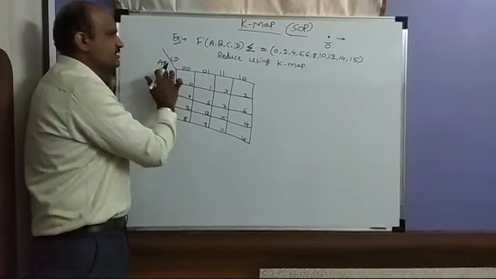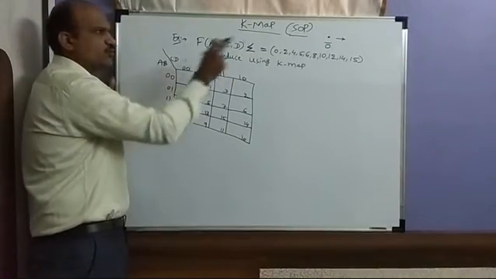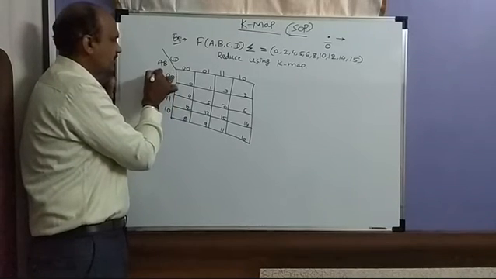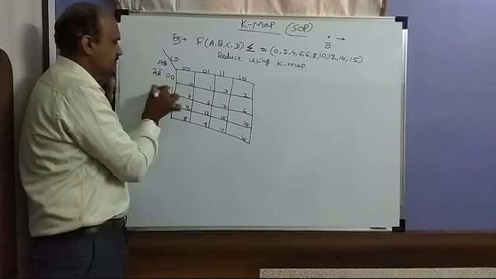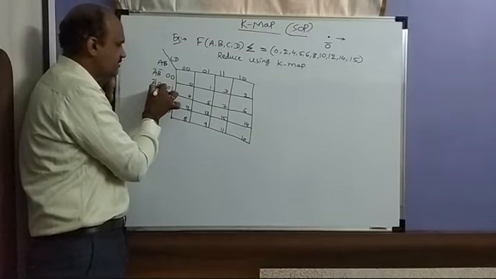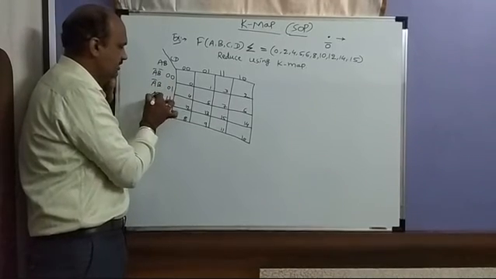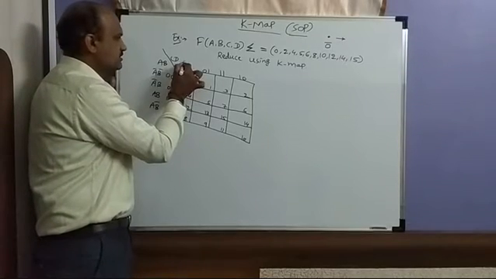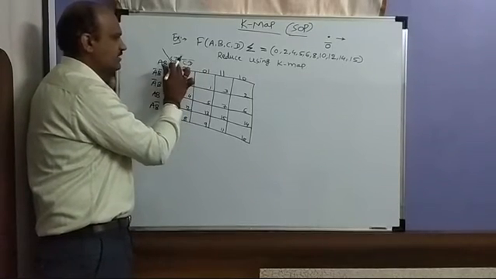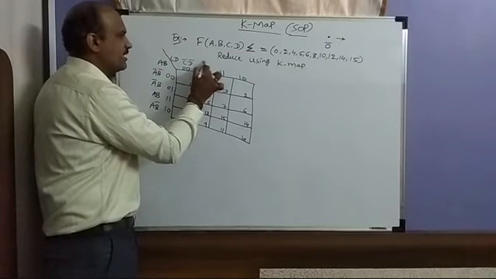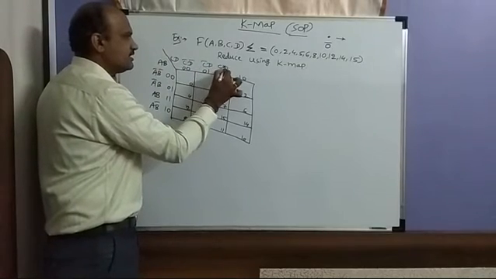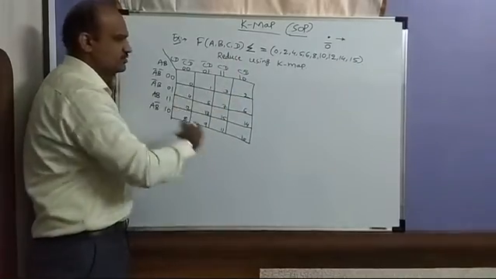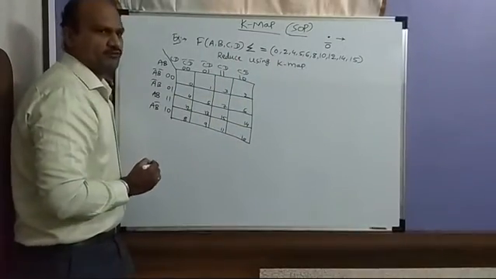Then here, SOP. As I told you, if it is 0, then it will be a bar. So here A bar, B bar. This one becomes A bar, B. This becomes A, B. This becomes A, B bar. Now here C bar, D bar, because the variables are C, D. Then C bar, D. Then C, D. This becomes C, D bar. This you first have to note down perfectly.